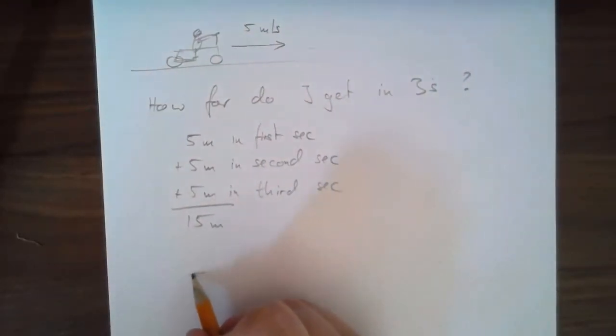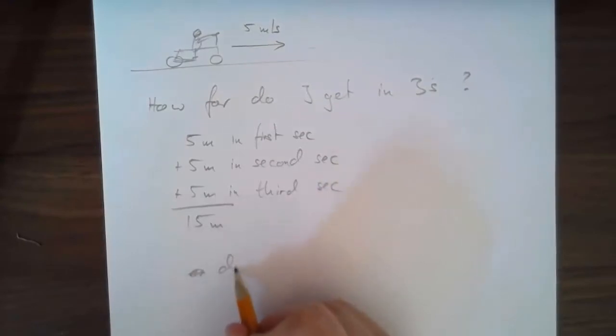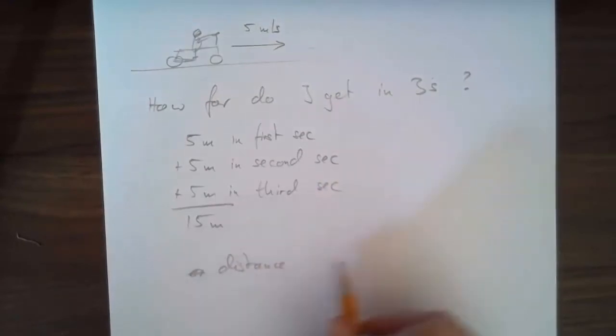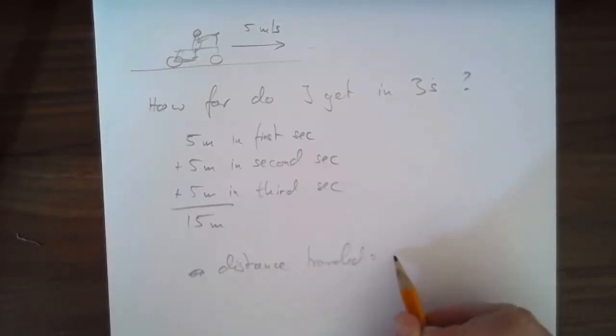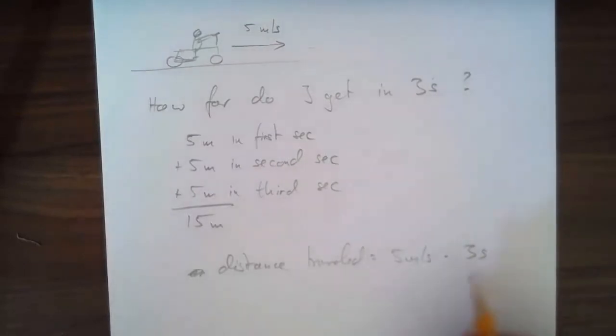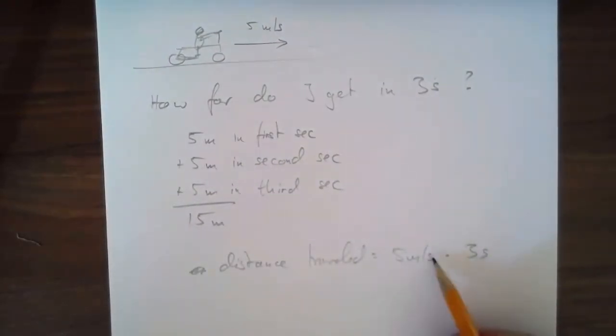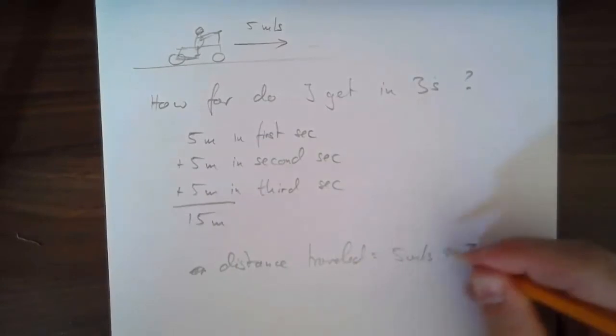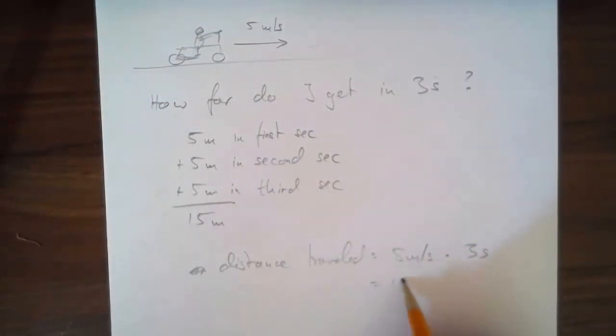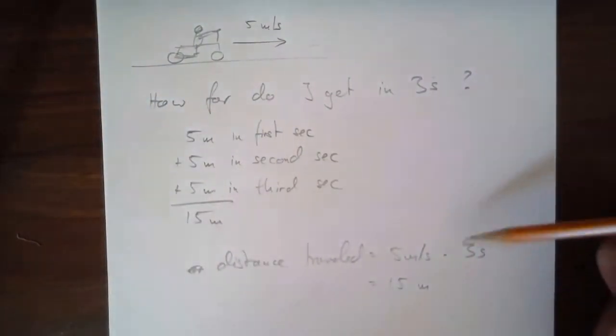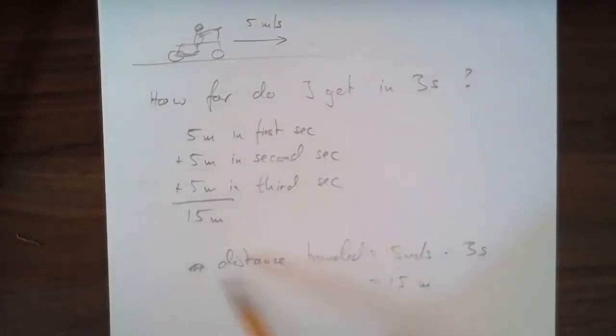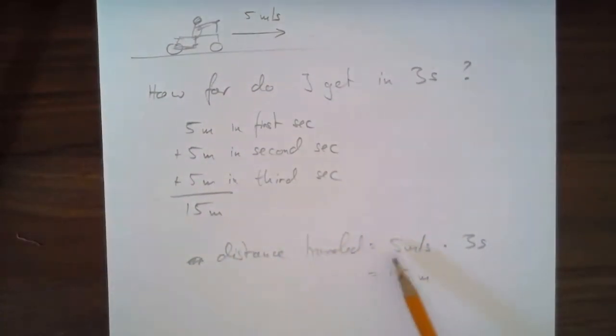But my distance traveled is 5 meters per second times 3 seconds. You can tell the units make sense. Seconds per second, units are going to cancel out. I'm left with 15 meters. So in a sense, we're going to be using this mathematical relationship that distance traveled is speed times time traveling